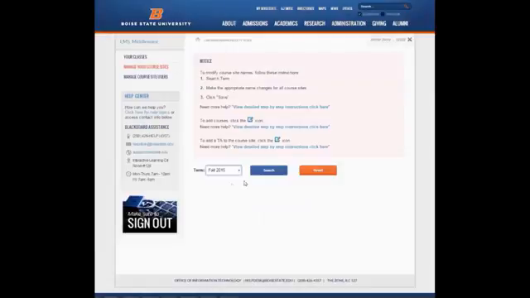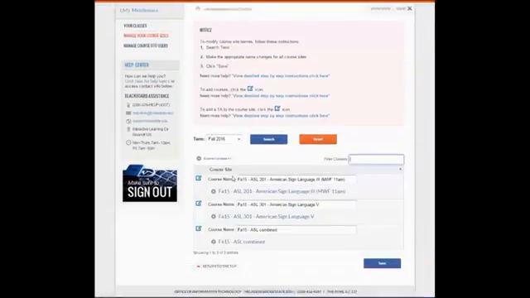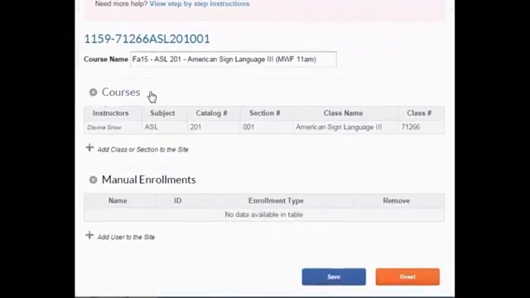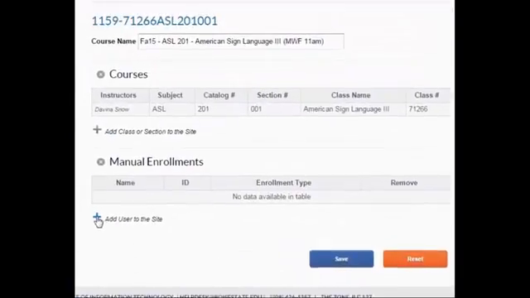Same thing, find the section or find the term that you're dealing with. Once you search for it, instead of querying the student information system, since these are existing courses, it's querying Middleware to figure out what courses have already been created. It returns that list, you click on the edit button, there's a plus sign here to add users to it,